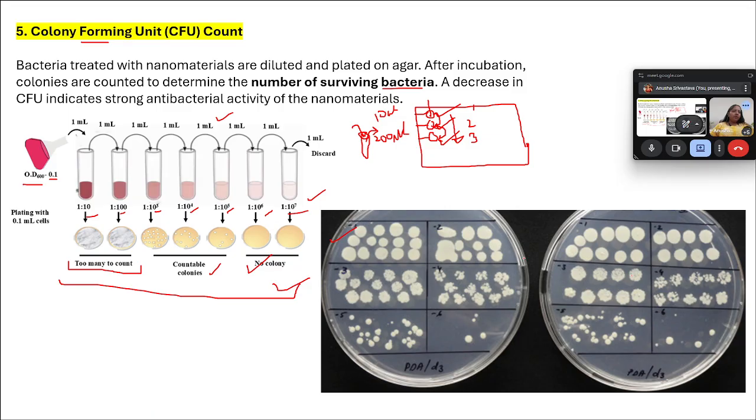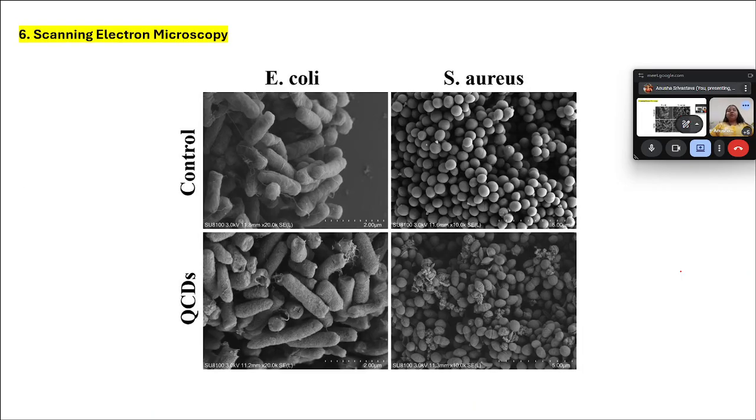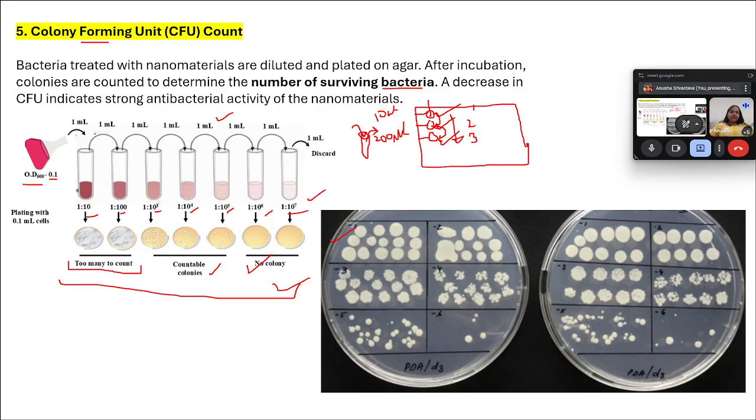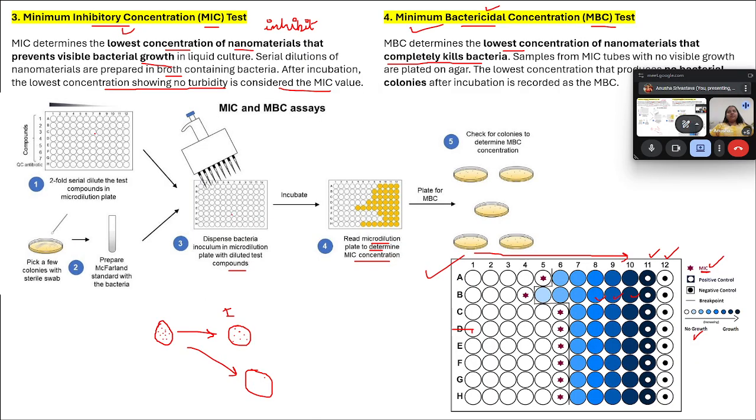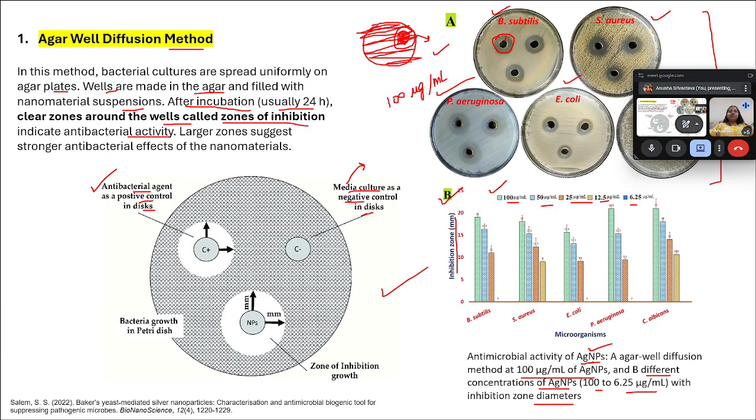That is why this is done in replicates, to make your data statistically significant as well. So this is one method. Now, another method by which you can determine the antibacterial activity. Usually these are the classical methods that we discussed: colony forming unit, determining the antibacterial activity by the MIC test, the MBC test, disk diffusion method, agar